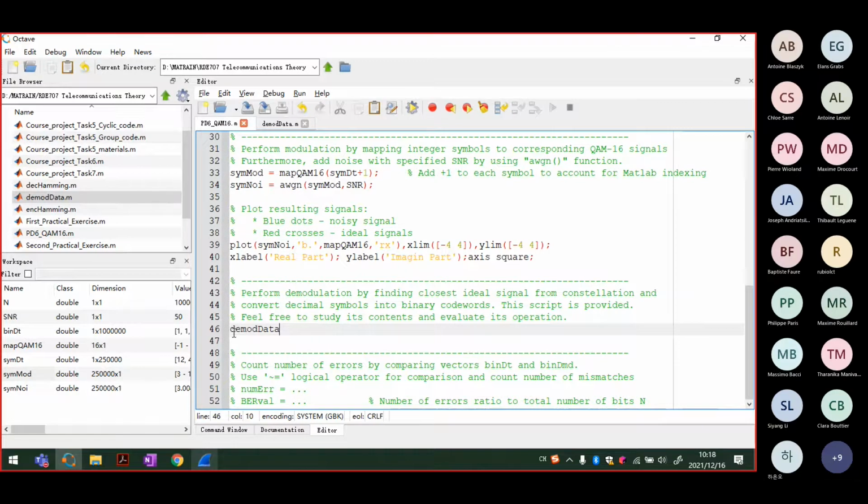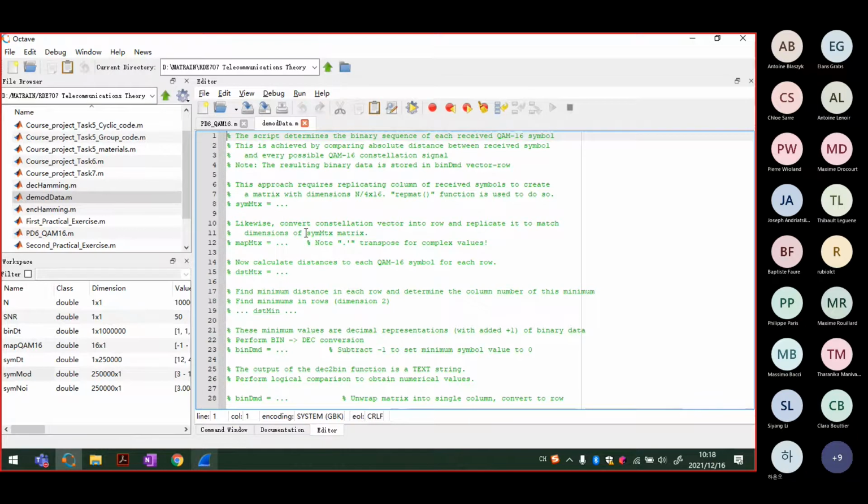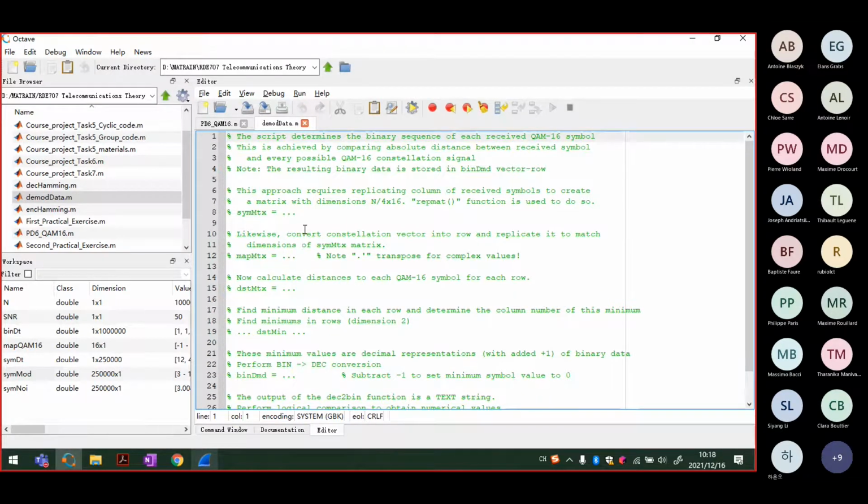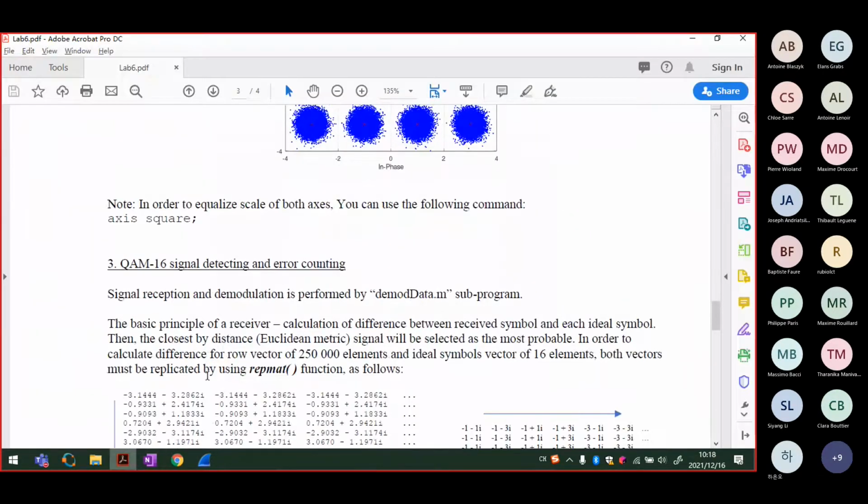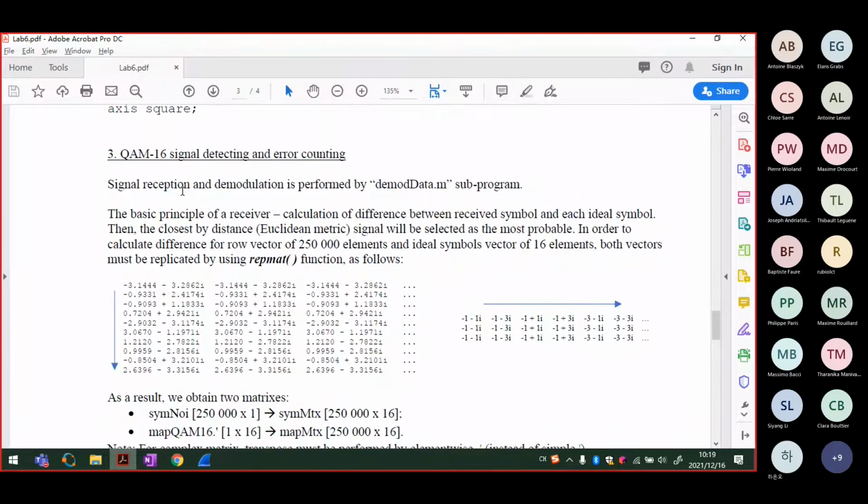So we just load this data, this file, and we will do some modifications in the demodulation script. This is a sub script, and let's come back to the guidelines. And for the quadrature amplitude modulation 16 signal detection, we will use some